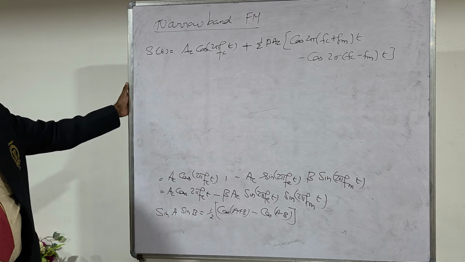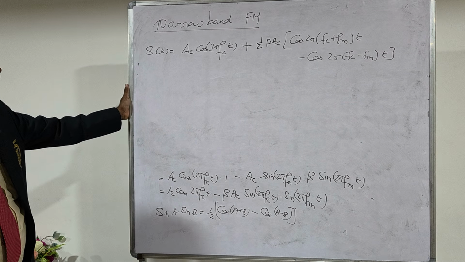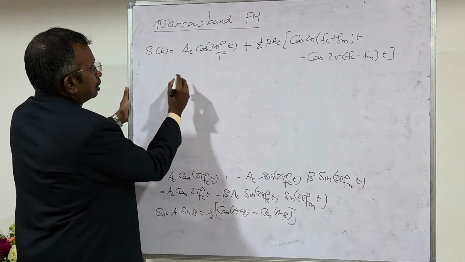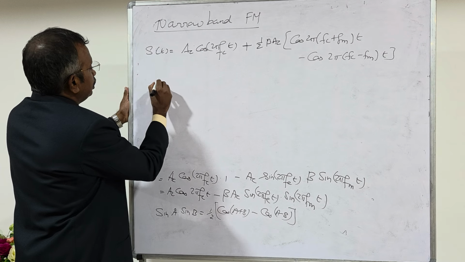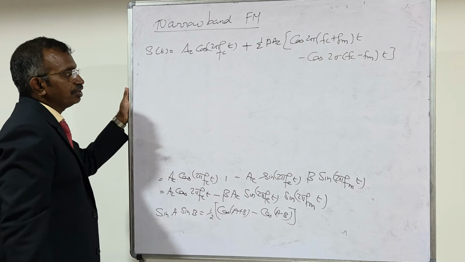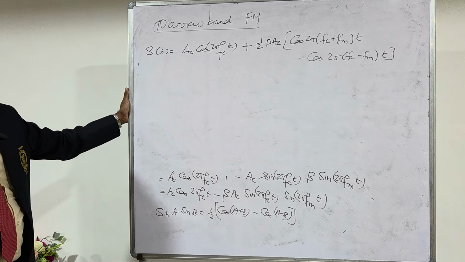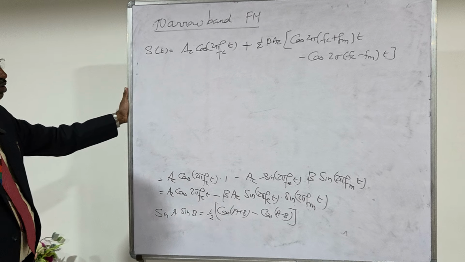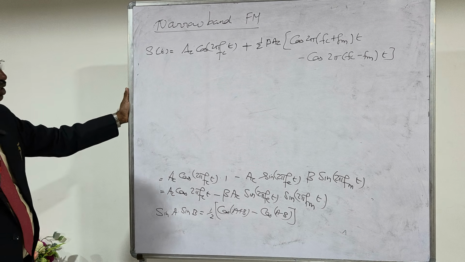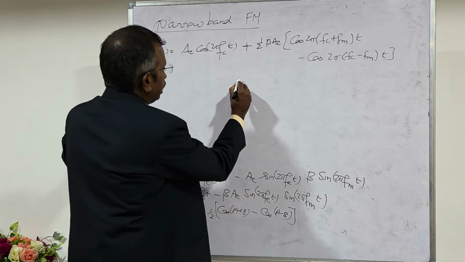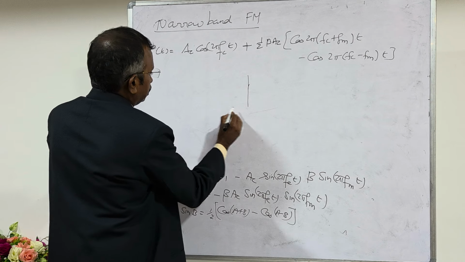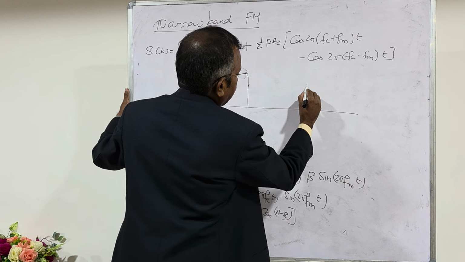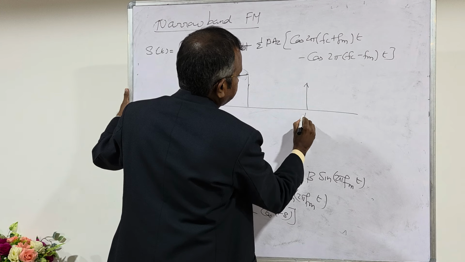So when you plot the spectrum of the signal, the Fourier transform of cos 2π fc t will give you [δ(f − fc) + δ(f + fc)]/2. So that we will be able to draw the spectrum of the signal. This will be the spectrum for fc. I have an impulse at plus fc, then at minus fc,